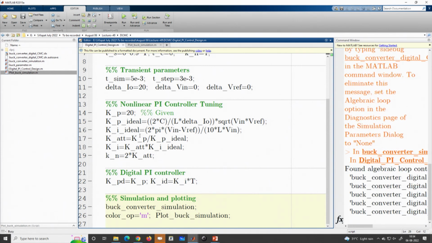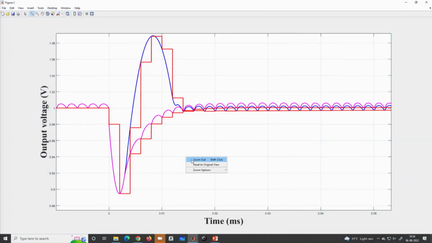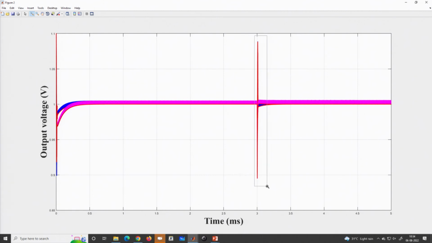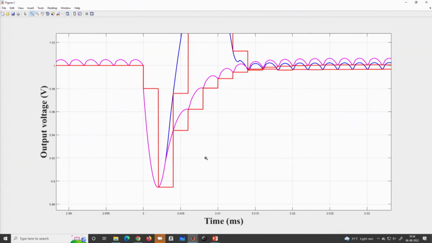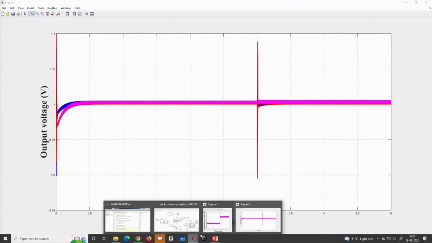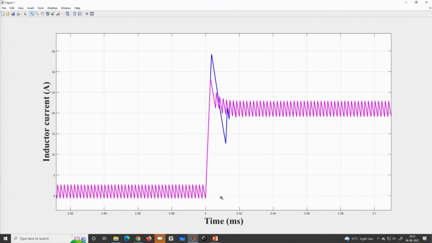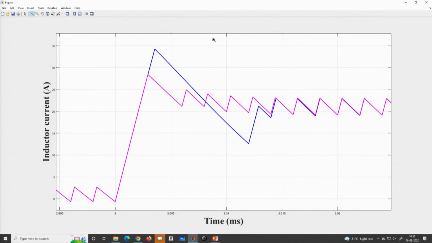Now we have used something similar to a phase boost and want to see its effect on the transient response, whether we can reduce the additional overshoot or not, that is the objective. So, now let us go back and see the magenta color. The magenta color is able to reduce the effect, that means if we go to the inductor current waveform, you see the magenta color has reduced the current overshoot, because we have introduced something similar to a phase boost,